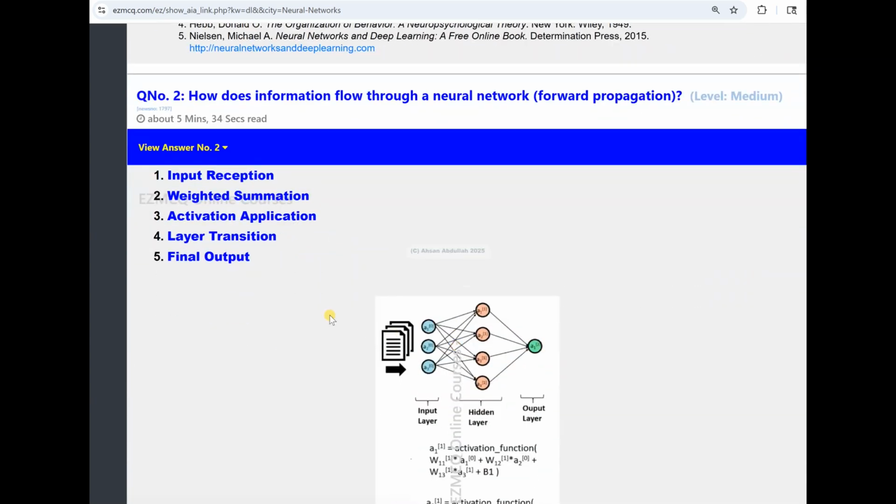All right. So then is the layer transition. So what is layer transition? Once this is activated with a certain strength, this output becomes the input to the next layer, and this transition keeps on repeating through all the hidden layers. In this case, there's a single hidden layer, and basically what it does is enable the network to gradually refine its understanding of the input.